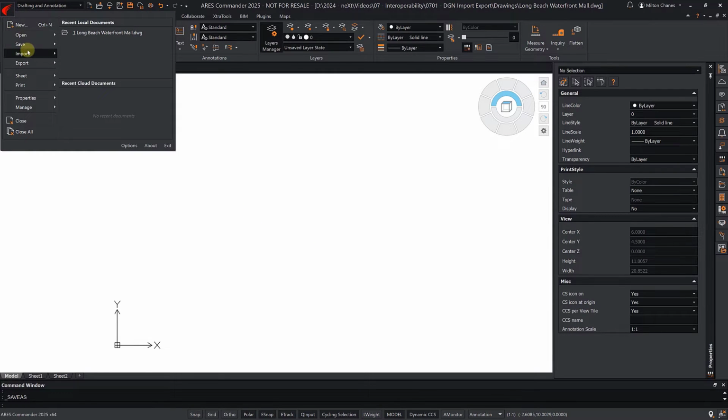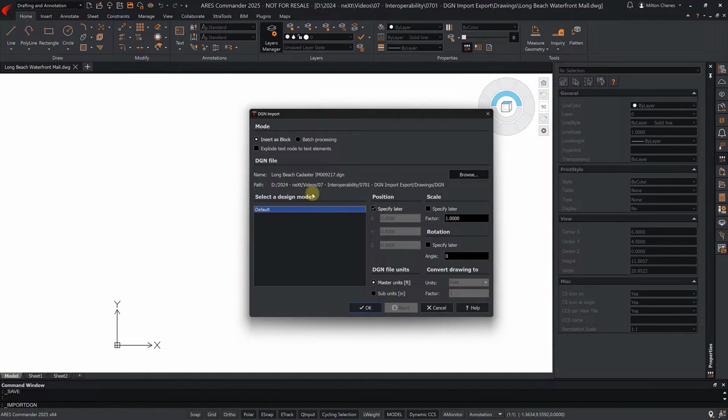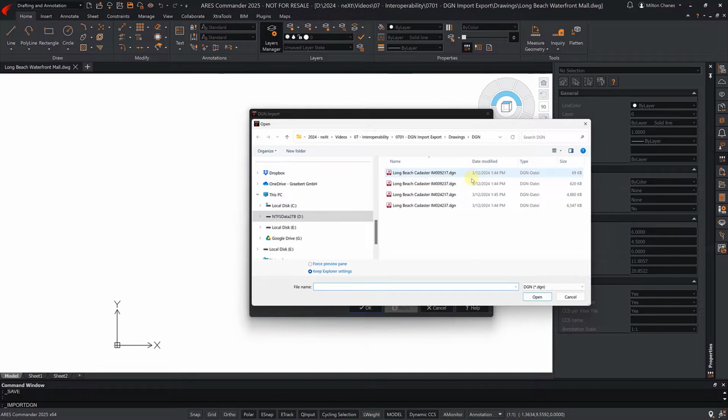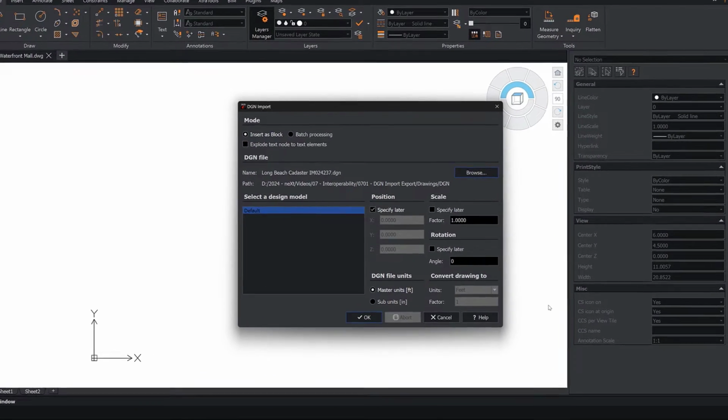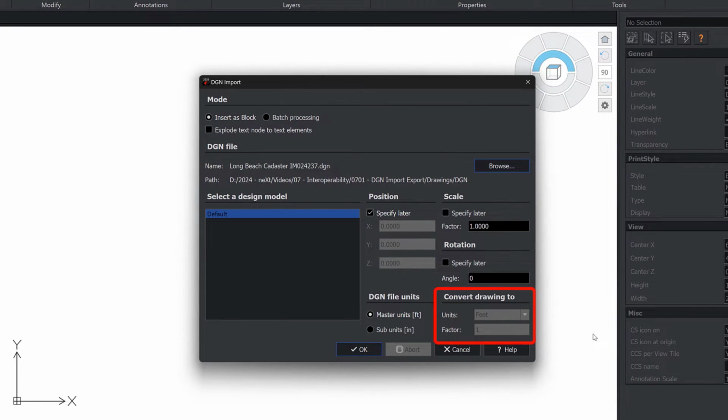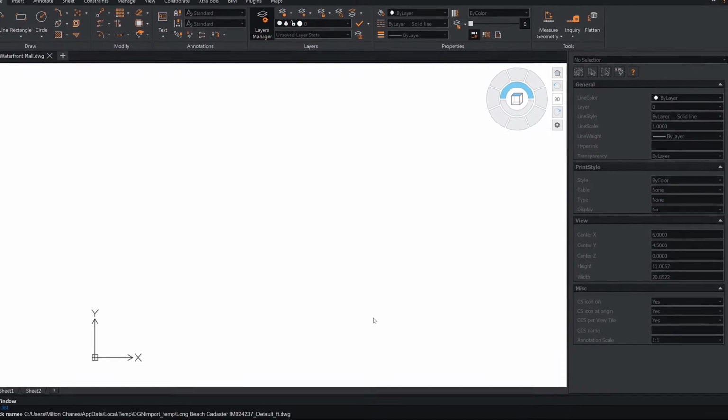We import the 4 DGN files that we previously downloaded from the Cadastre of Los Angeles County. When doing so, we choose to insert them as blocks, as it is easier to manipulate them in that form. These DGN files use the imperial system, with feet as the drawing unit. Therefore, the scale factor comparing the imported drawing scale and the host drawing is 1, indicating that there is no difference. We define the insertion coordinates to be 0, 0, 0. This way, the 4 DGN files will align perfectly with each other.